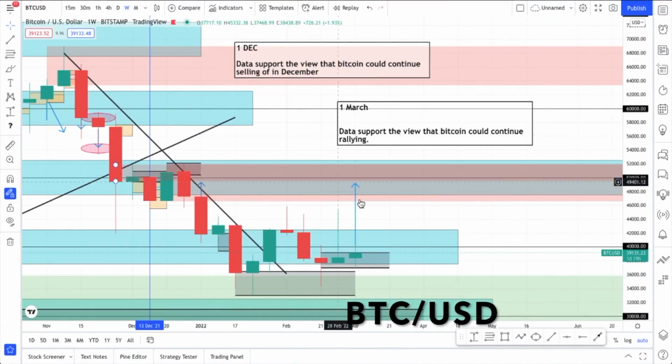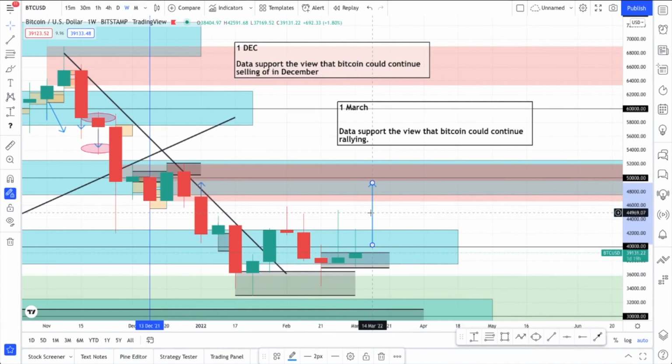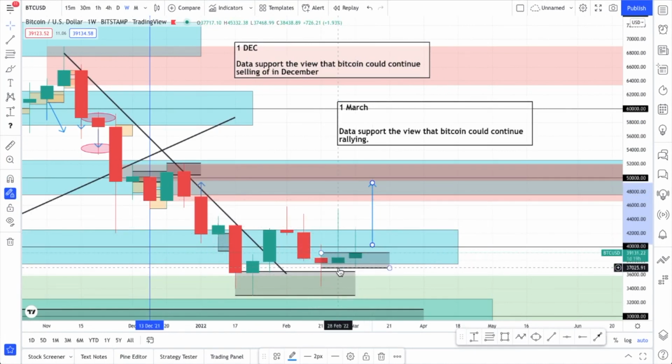And lastly, if we have a look at Bitcoin, I did say that it will go higher this month, but we have since seen that there have been two types of indecision candles in the first two weeks of the month. So I could say that we are likely to see further pushes to the upside, but they could still be around this psychological zone. So there still is room for a move to the downside.